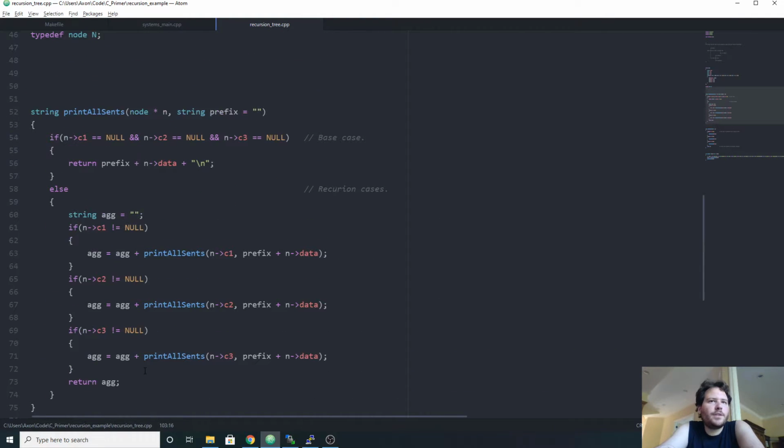Now, print all sentences also has one of these default variables where we have a prefix that we're giving it that's going to be what the string has so far, and the node. First thing we do is we want to have a base case. It's always good to start with the base case because then the recursion part's usually a lot easier to think about. In this case, we can say if everything's null,